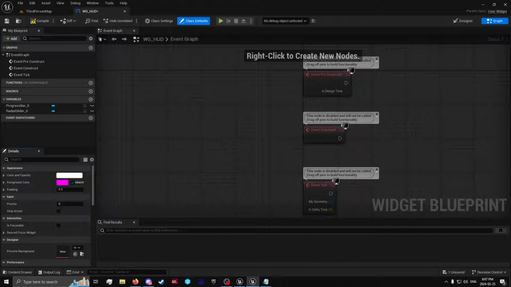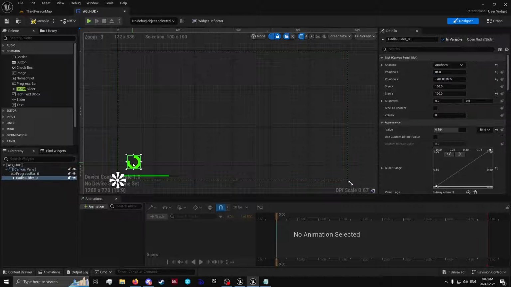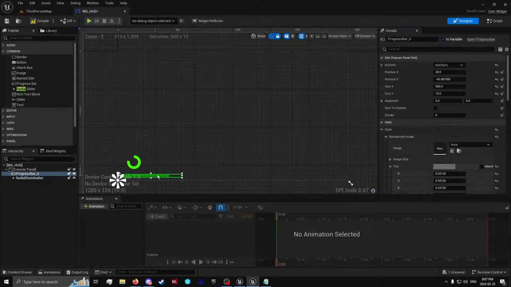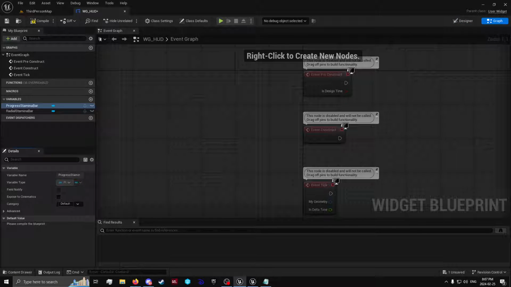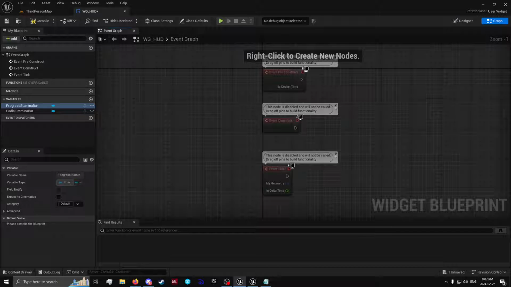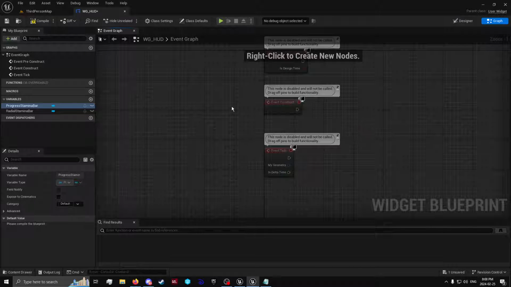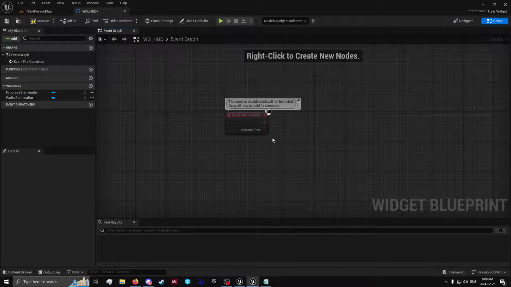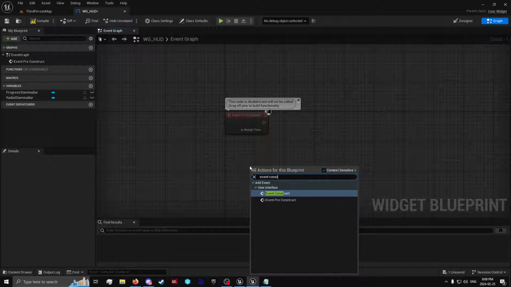So now we want to head over to our graph. First, we'll actually name these. So this will be the radial stamina bar. And I've already ticked on is variable. And this will be the progress bar, and I'll just name it progress stamina bar. And we'll come over here, delete these, and on event construct,